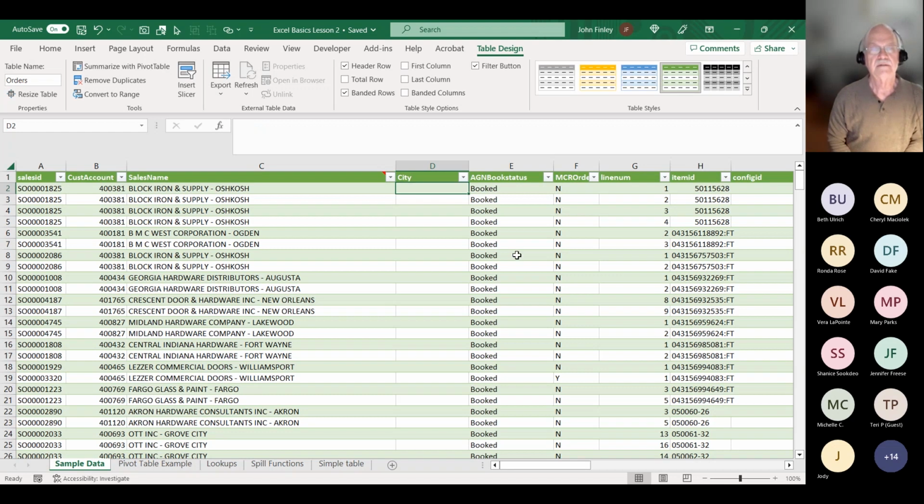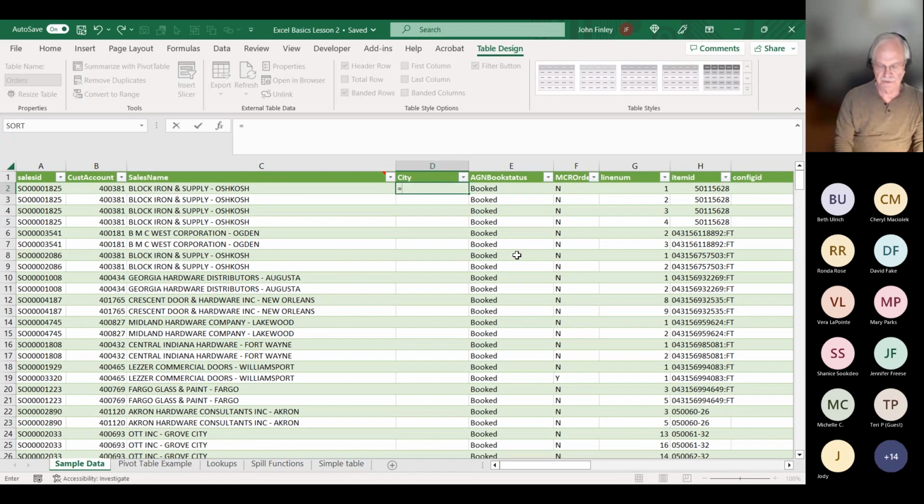Okay. Because if you look here, I have block iron and supply dash Oshkosh. So if you remember, if you were with us last week, we did some text math in our formulas. So what we want to do is find the first character after the dash to the end of that text. So if I say equals,